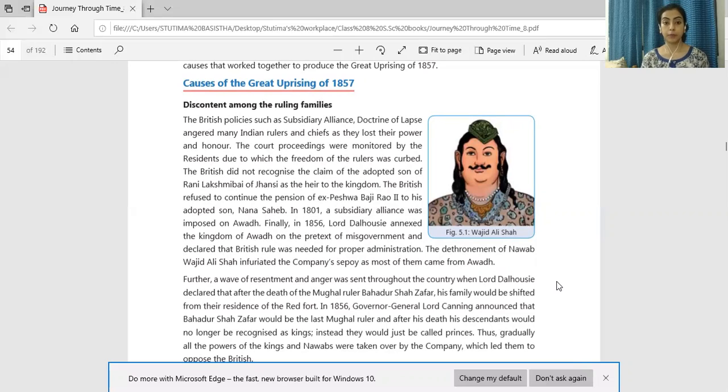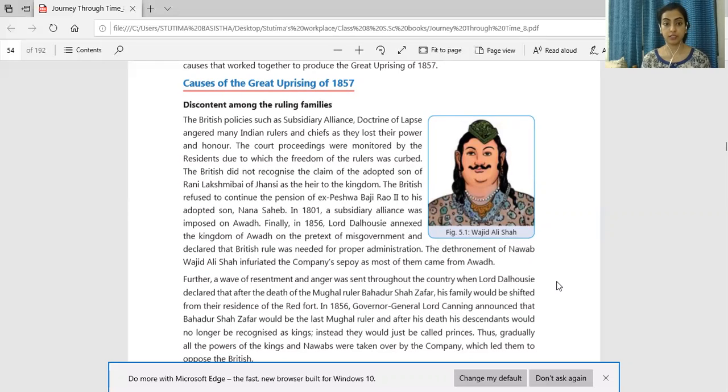Every court proceeding, everything related to the kings, was now monitored and looked after by the resident, the British official, because of which the rulers almost lost their freedom. They were just like puppets in the hands of the British officers. They were made king only in name, otherwise all the functioning was done by the